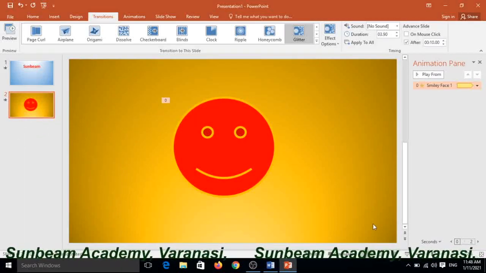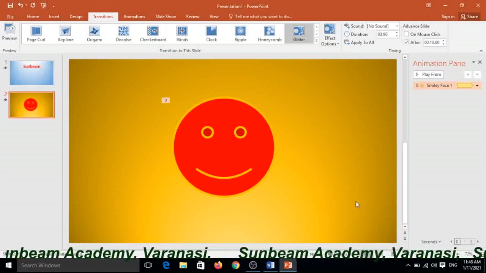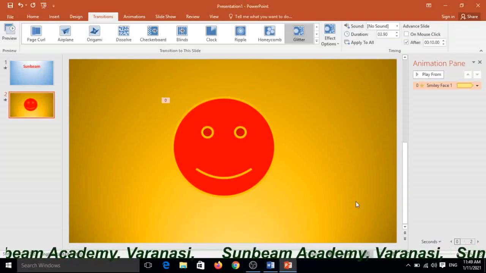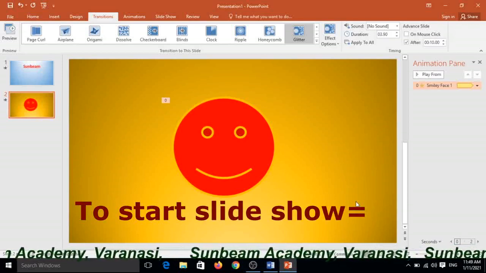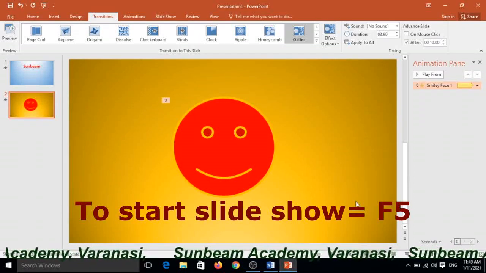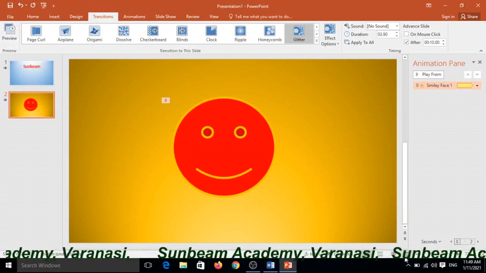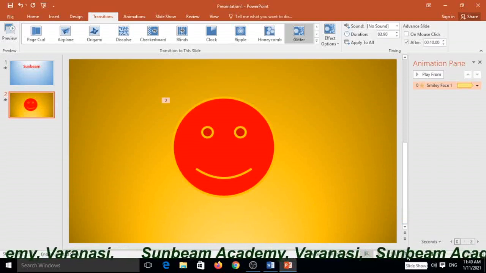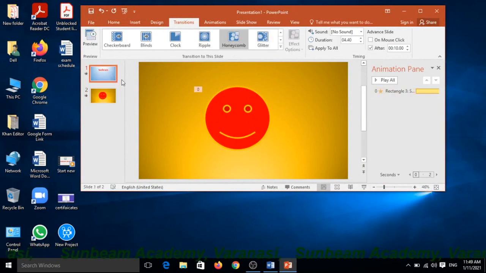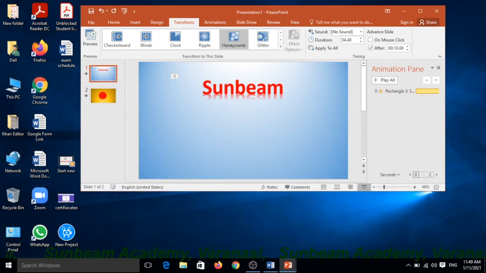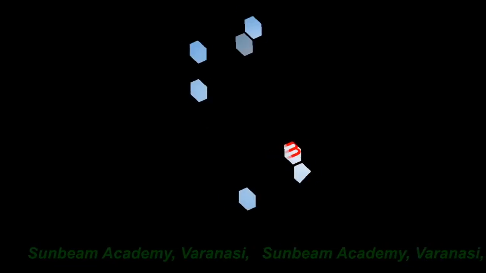First, to show your presentation, you can use the shortcut key F5 function key of the keyboard, or you can click on here. It is the slideshow icon. You can click on here. It will start from the beginning. Yes, you can see.